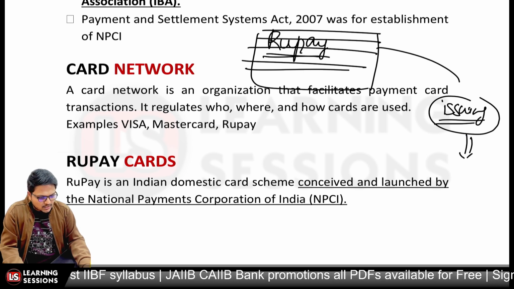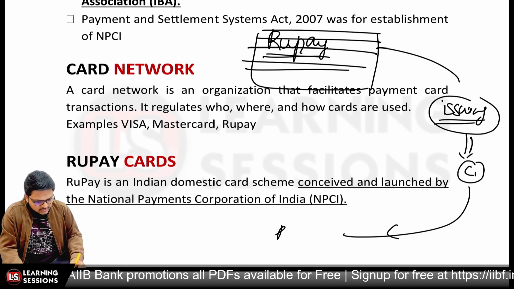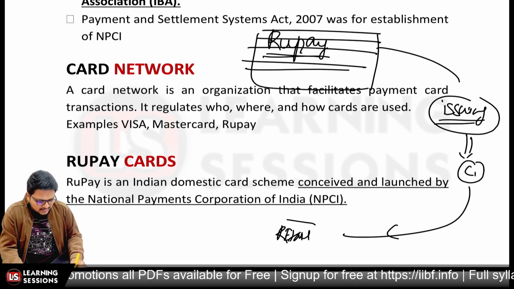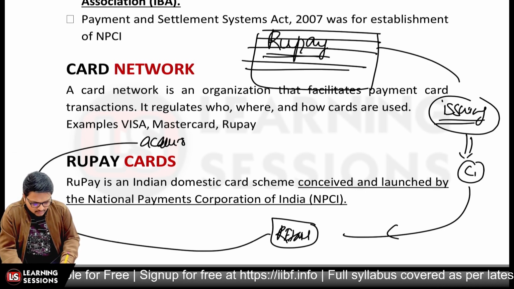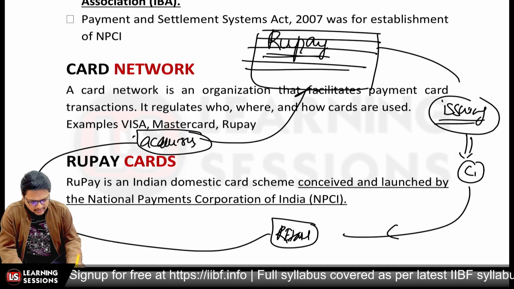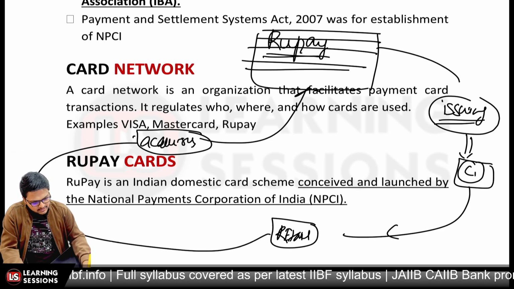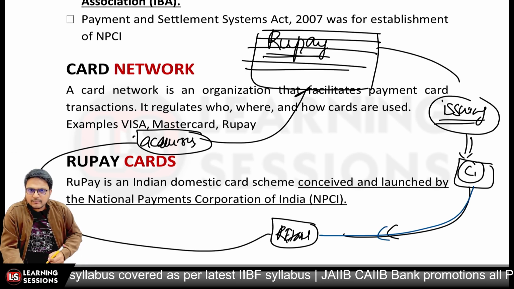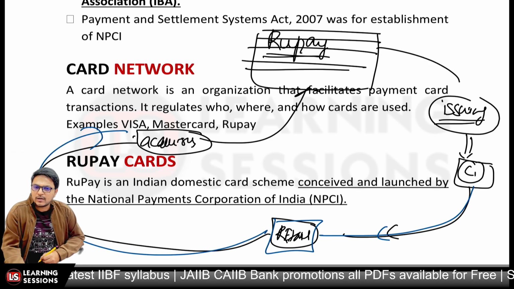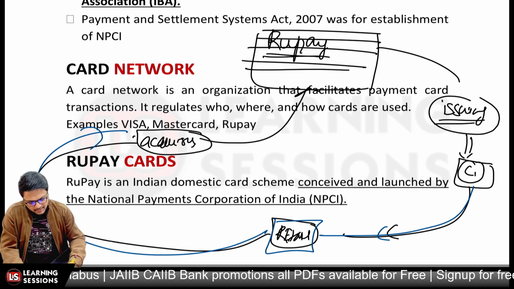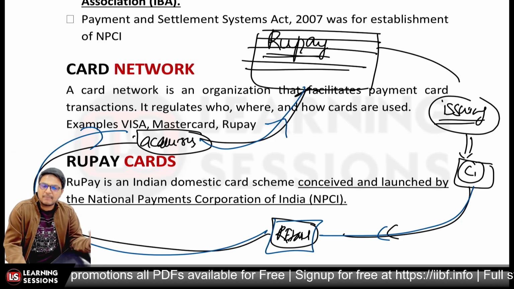Let's say the issuing bank issued a card to the customer, and here we have customer C1 who utilized the card at some retail branch, that is at some merchant site, and this merchant was acquired by some acquiring bank. So this is a circle actually. When the customer utilizes the card, the retail merchant submits the details that go to the acquirer, that is the acquiring bank, and the acquiring bank passes this transaction detail information on to the network, like RuPay, Visa, MasterCard, etc.